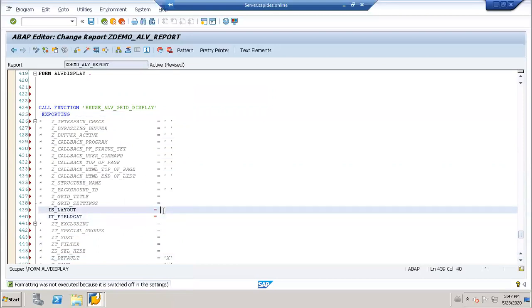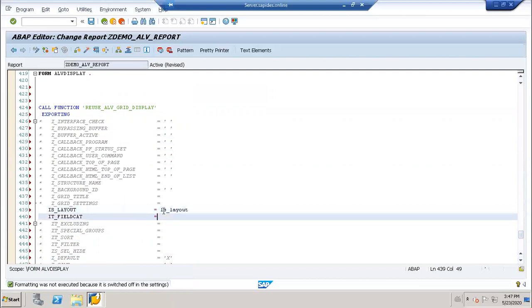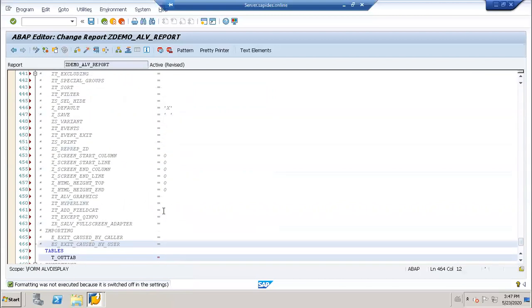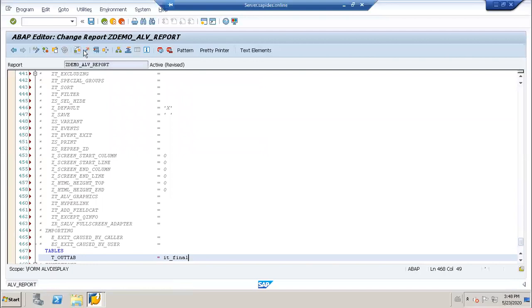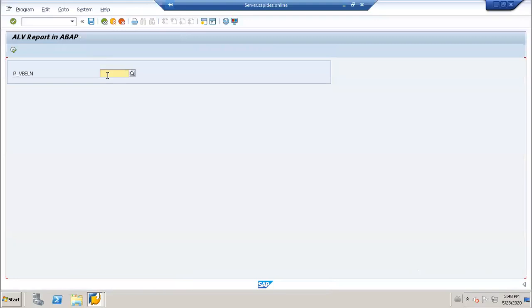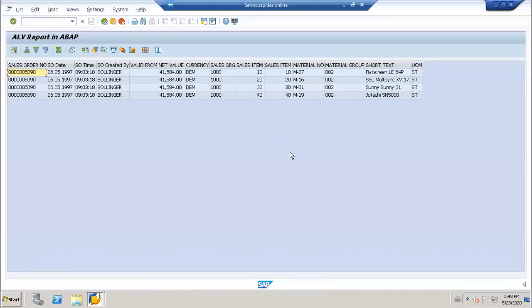So here I need to pass ls_layout, and here I should pass IT_fcat. Another table, what should I pass? I should pass IT. I'll execute this. Activate. Okay. Now what is this value? Self sort of value. So we need to pass IT final, the field catalog, that final table. Everything. See, the data is displayed in this format. Okay. Got it. Yes.